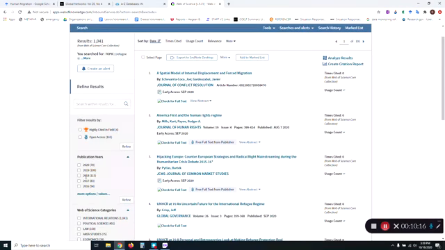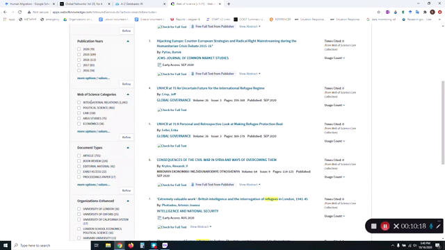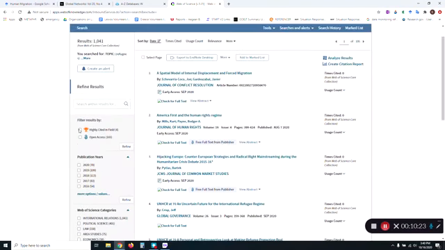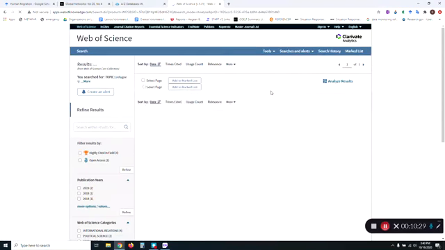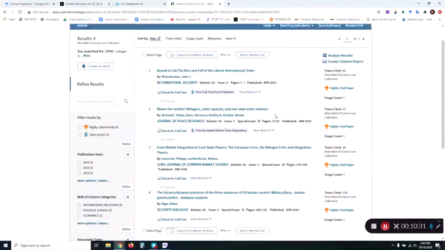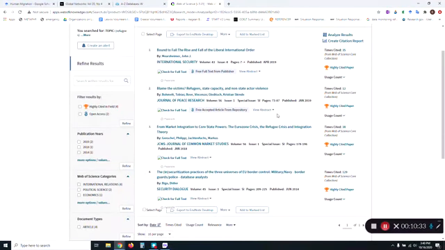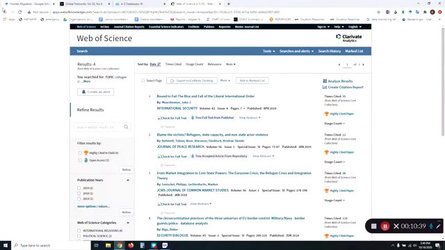I can narrow it by years. I can look at these particular categories. So all of these are filtering features that would let me see which ones are the most relevant in the area that I'm looking at. I find this really helpful when I'm looking in an area that I just have never done before. And the other thing is that if I go back,